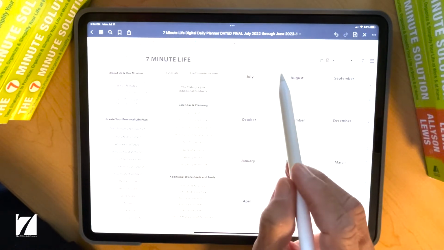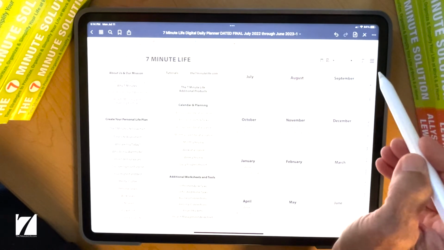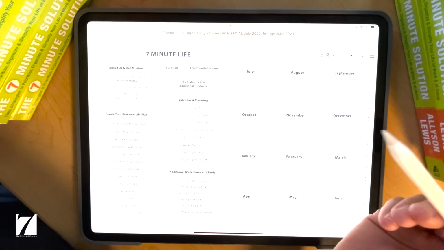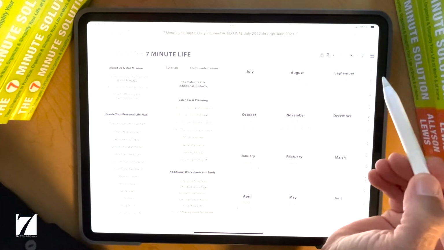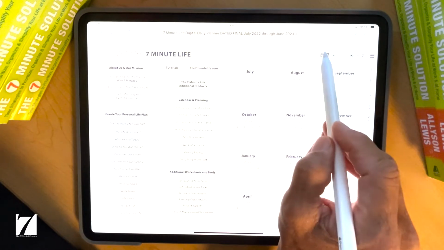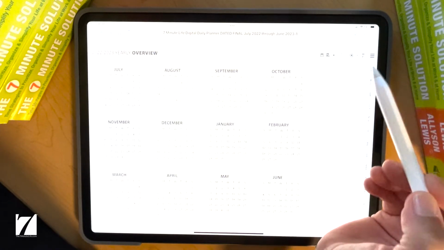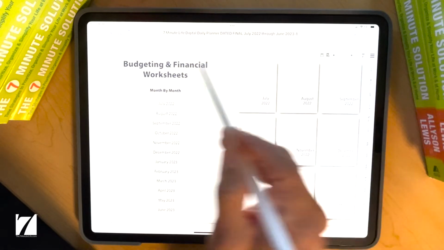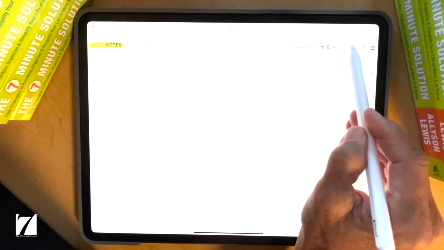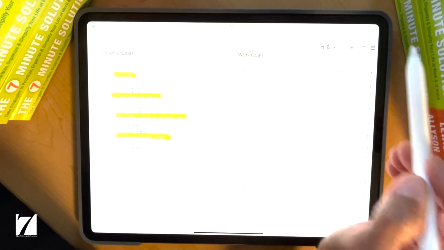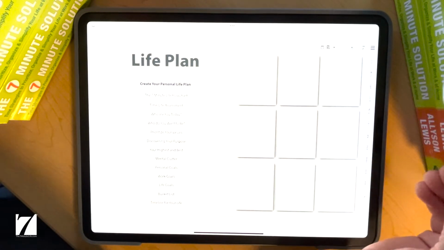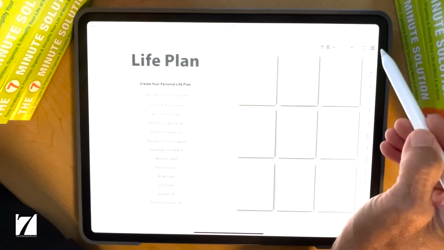When you want to actually make the PDF clickable, you need to go to the clickability mode. I think they call it the reading mode. But when you're in the reading mode, all of these links now become hot links. You can go to your calendar, to your budgeting, to video tutorials, to daily notes, project buckets, goals, creating your life plan. Now we're going to take these one at a time, but I want you to see that